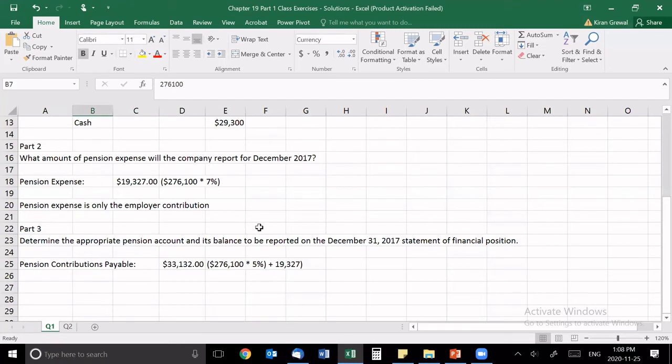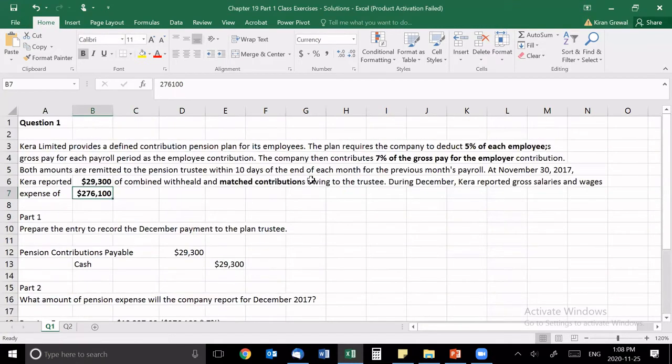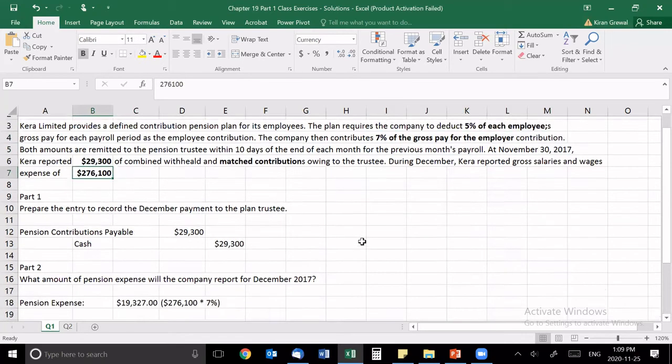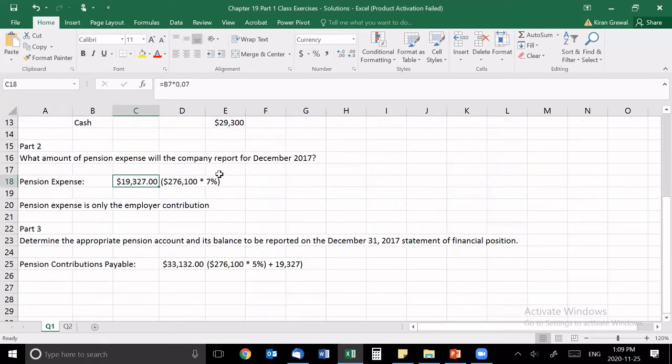So it says, what amount of pension expense will the company report? Pension expense is just the employer's contribution. Okay, so pension expense is the employer's contribution, so the 7% of 276,100. So 7% of 276,100 gives us 19,327. Okay, so that's going to be your pension expense. You're going to debit pension expense, and you're not going to debit cash because you're not paying that until 10